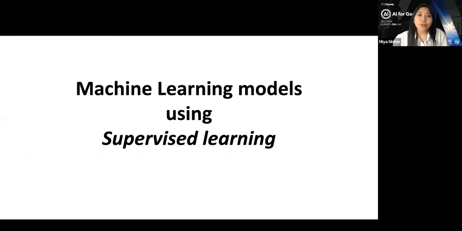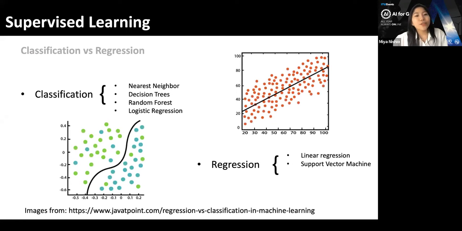So with regards to the challenge, the AI and 5G challenge, most of the problem statements involve supervised learning. So I'm going to be focusing a little bit more on supervised learning. As I've just already mentioned, supervised learning can be divided into classification and regression. So hopefully these two graphs are a little more informative. Again, classification divides the data into two or three different categories, whereas regression takes continuous values and finds a relationship between the X inputs and the Y in continuous values.